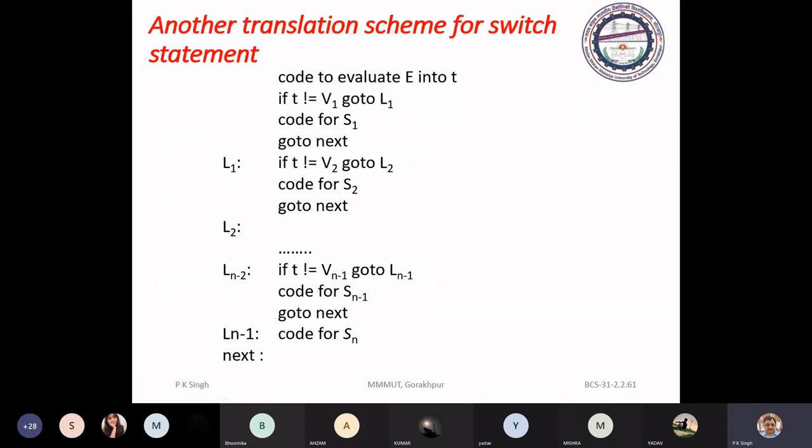Next, another scheme. Here we again evaluate into T. Then if T is not equal to V1, we will go to L1. Otherwise, if it is equal to V1, we execute this, and by this goto we exit.